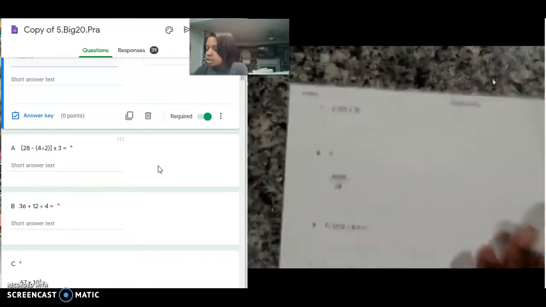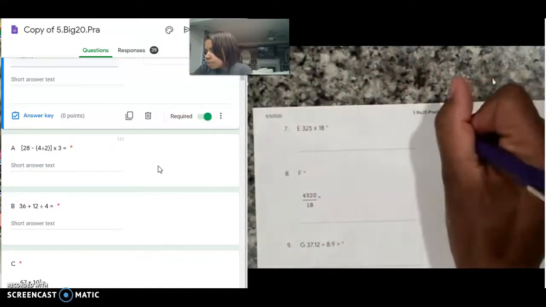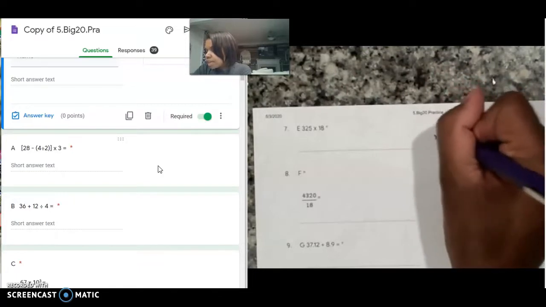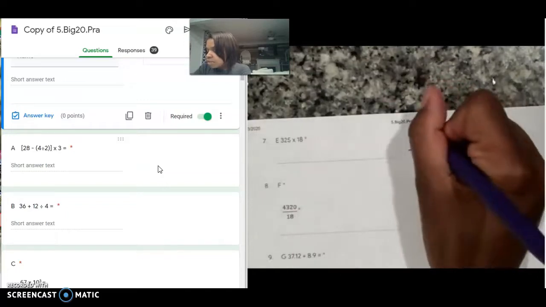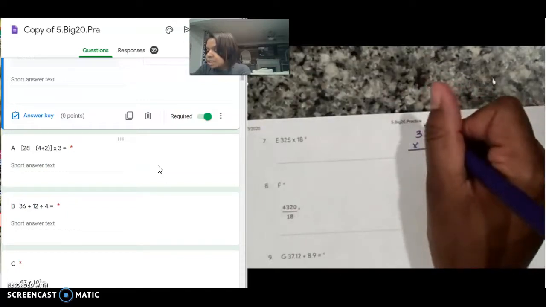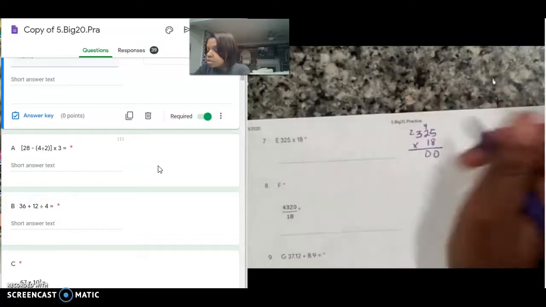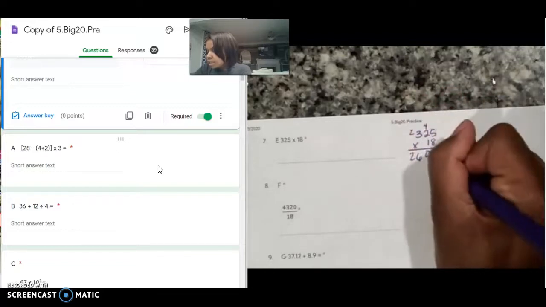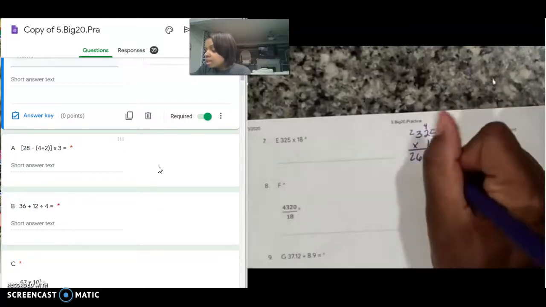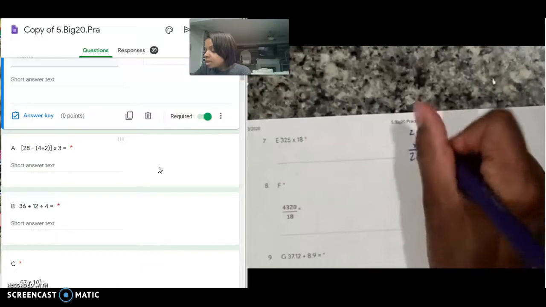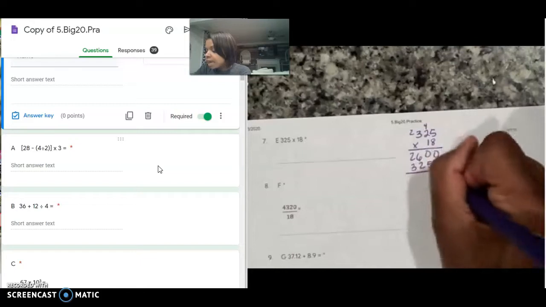All right. Letter E. We have a simple multiplication problem, 325 times 18. I'm going to solve this using the traditional algorithm. So 8 times 5 is 40, 8 times 2 is 16, plus 4 makes 20. 8 times 3 is 24, plus 2 more is 26. Annex a 0. If you forget that step, your algorithm will be incorrect. And then multiply by 1. 5 times 1. 2 times 1 is 2, and then 3 times 1 is 3. Add everything up,